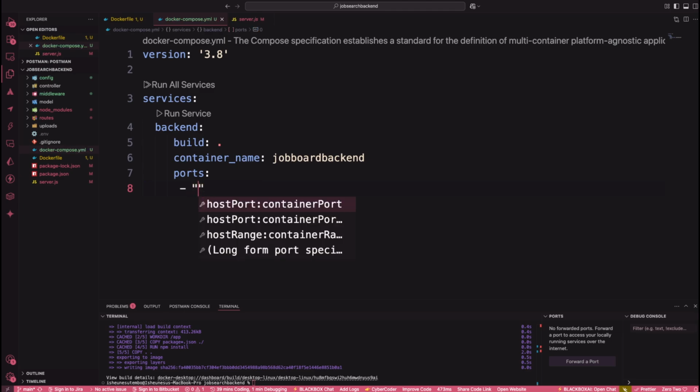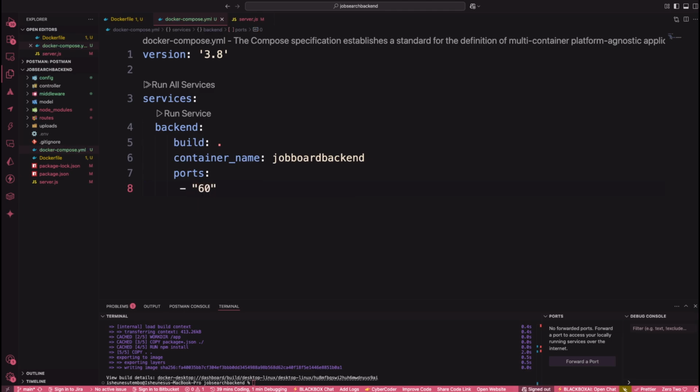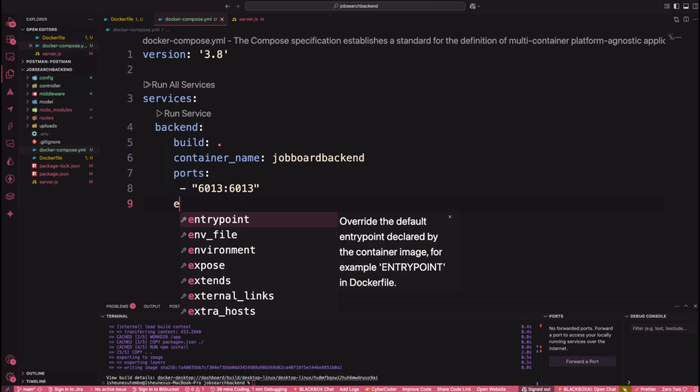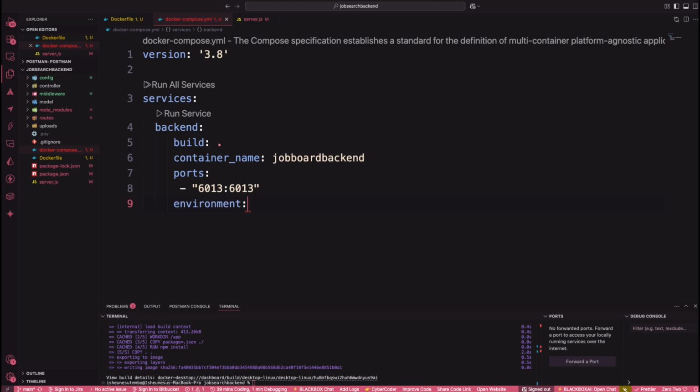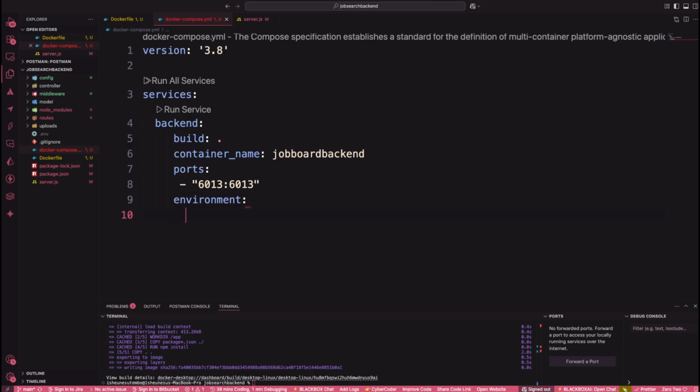So in this case, we are going to map port 6013 on our container to port 6013 on our host machine, right? That is my laptop. And then the next thing is we are going to define an environment that this backend depends on, right? So environment,